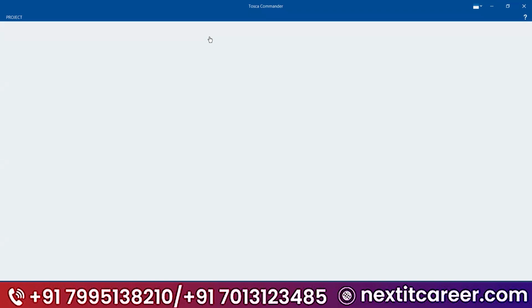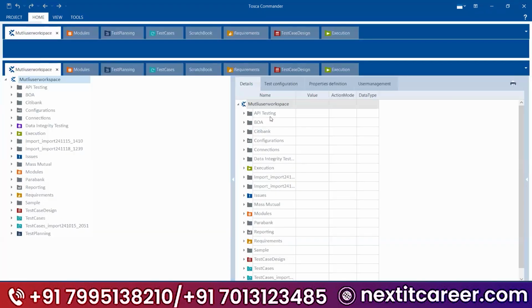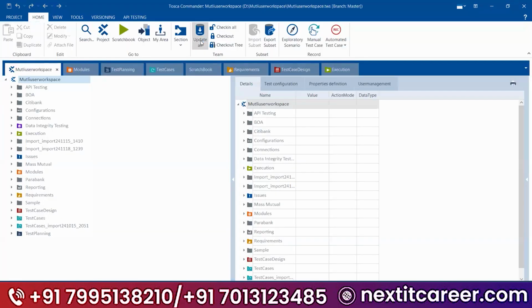Just log into your respective multi-user workspace. Do Update All.